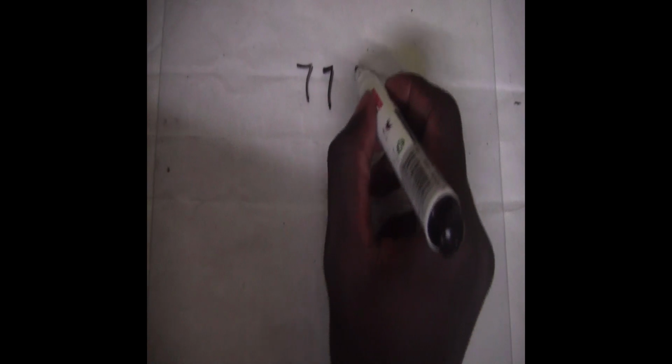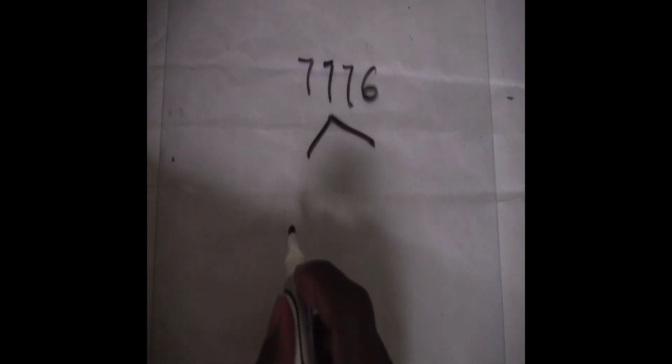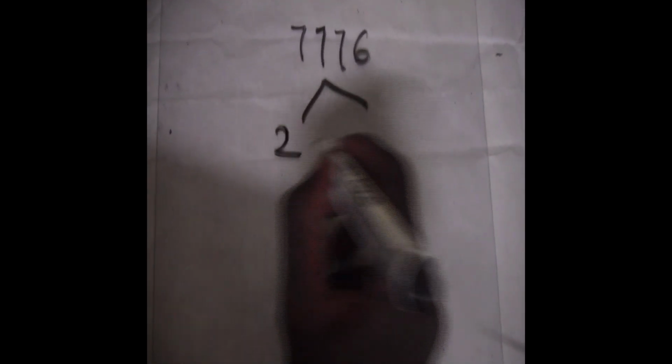So you're going to write 7, 7, 7, 6 into the factor of 2. You're going to move very fast, so to save time,